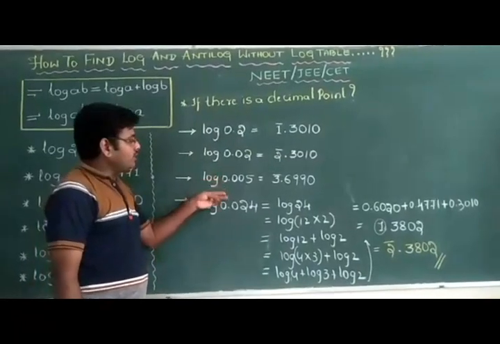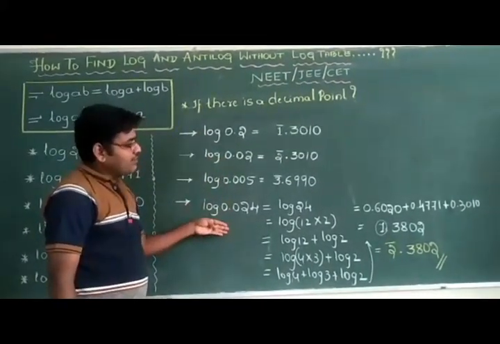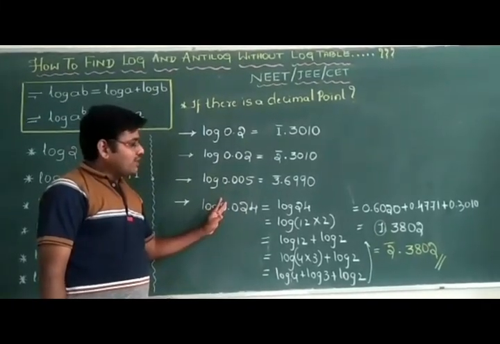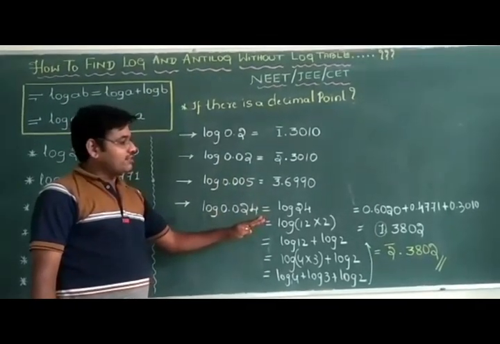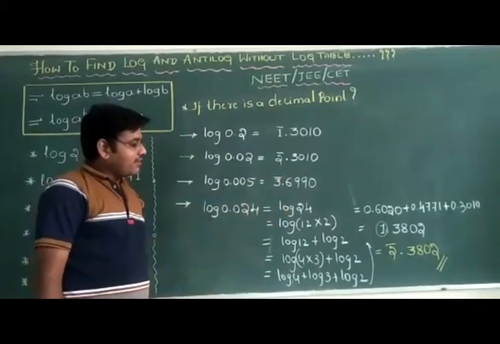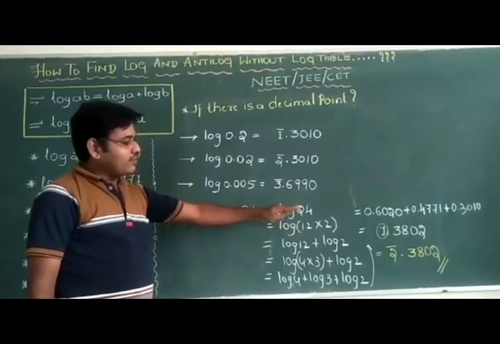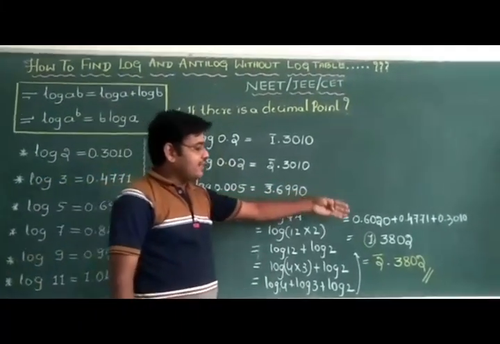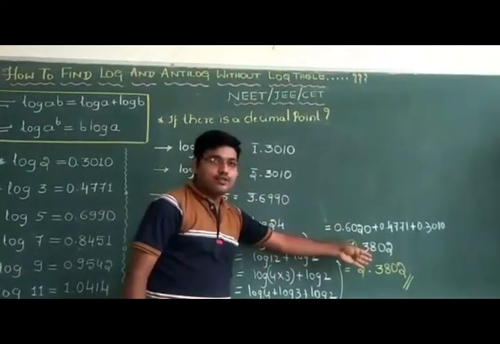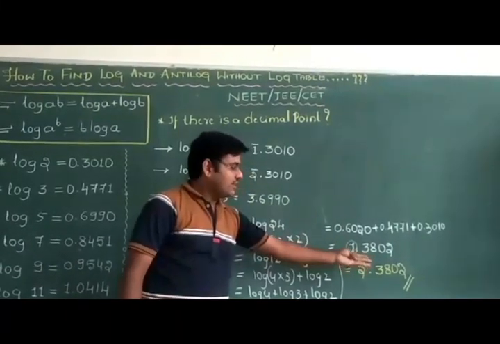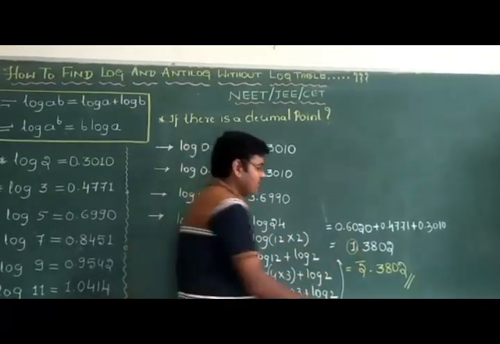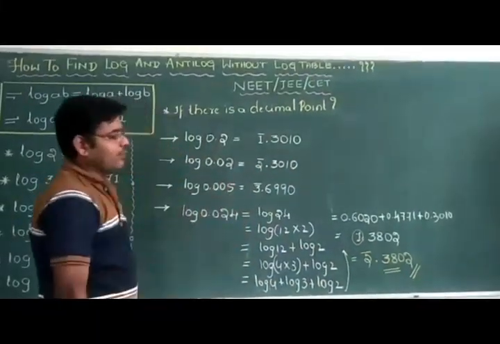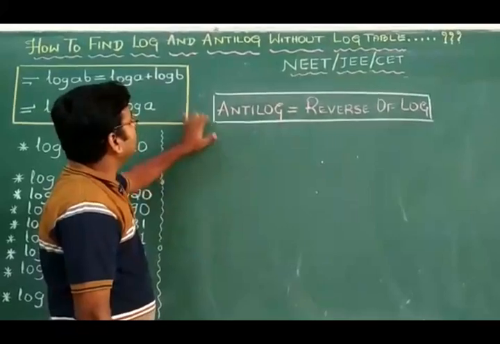All these are examples which contain a decimal point in them. When looking at values, an approximate value is enough; the exact value is not required. For example, if the actual value is say 390 and here you get 3802, 38 is almost the same. So we require only the actual or approximate anti-log.